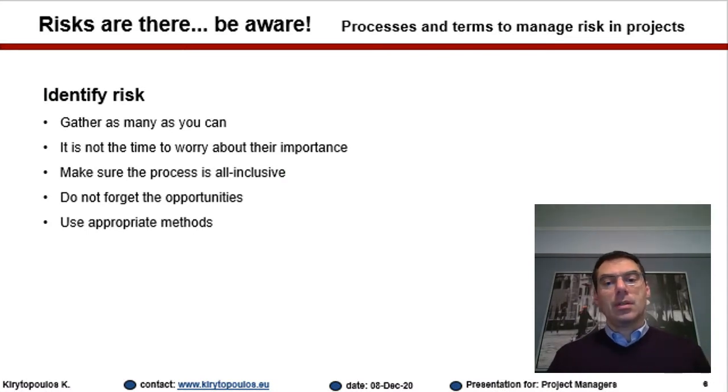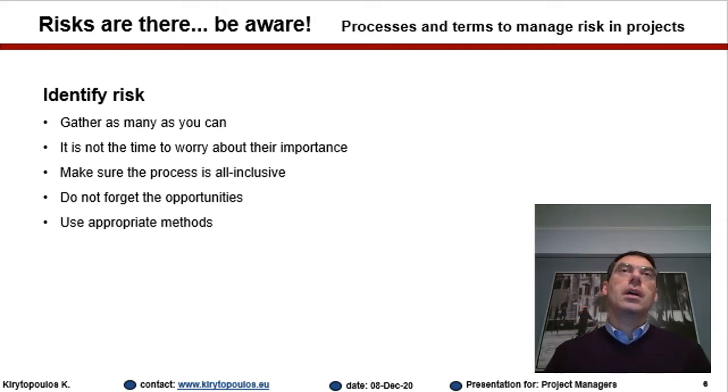Now, the main thing in the identification is that you gather as many as you can, as we said. And the other thing is to make sure that the process is all-inclusive. So you need to make sure that you will ask all the stakeholders, or the kind of stakeholders that you have in your project, because plenty of times it's not only the project team or the project manager that can tell you about the risks. The project manager might be an experienced person, so they can really have a very good idea of what might happen in the project, but some other stakeholders, no matter what is the rank in the organizational chart,